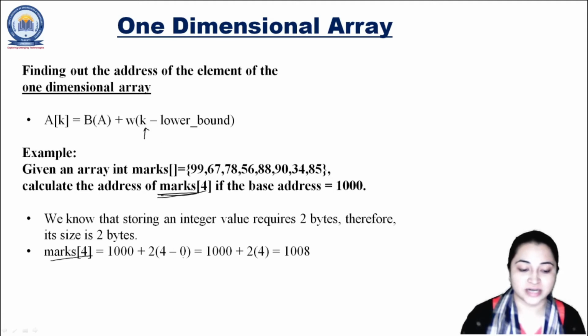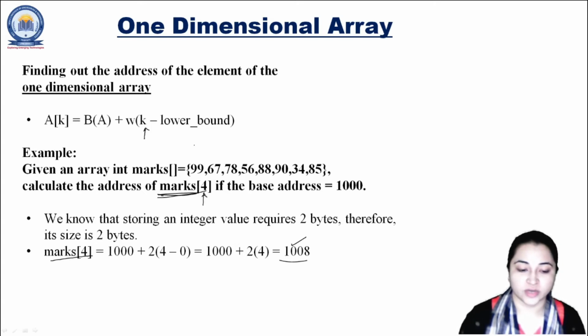Lower bound means starting index of an array, which will be 0. So in that case 1000 plus 2 multiplied by 4 is 8, so that will be 1008. So the element at index 4 will be stored at